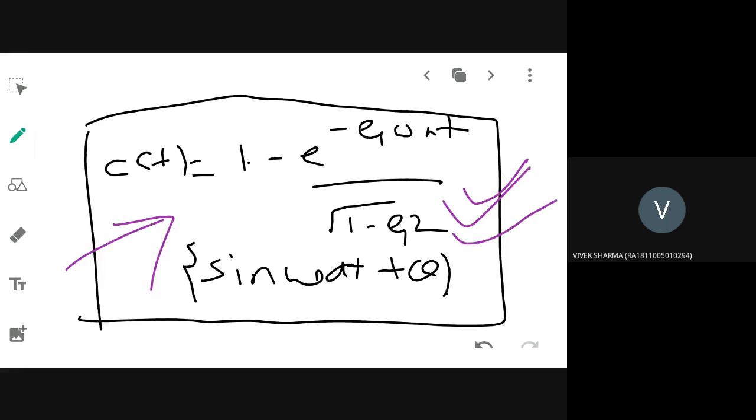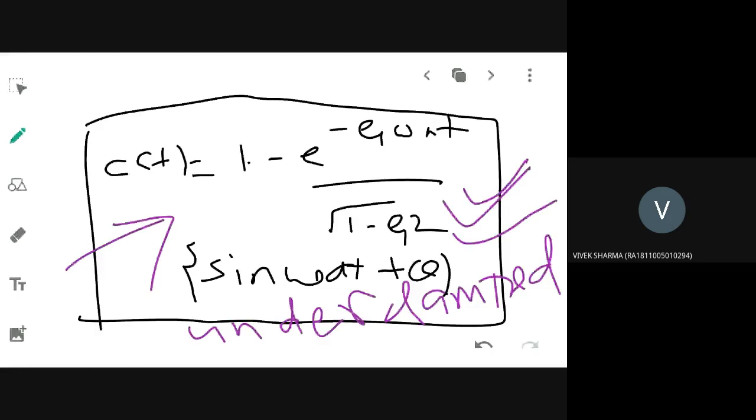If these values are known to you from the given system, then you can easily substitute these terms in the equation and obtain C of t. Or otherwise, like I derived from the beginning, take the partial fraction expansion, find out A, B, C, then take the inverse Laplace transform by modifying the terms. All these procedural steps you have to follow if you are not remembering the equation. So it's better always to stick with the equation. Alright, so this is for what type of system? Second order underdamped system, unit step response.